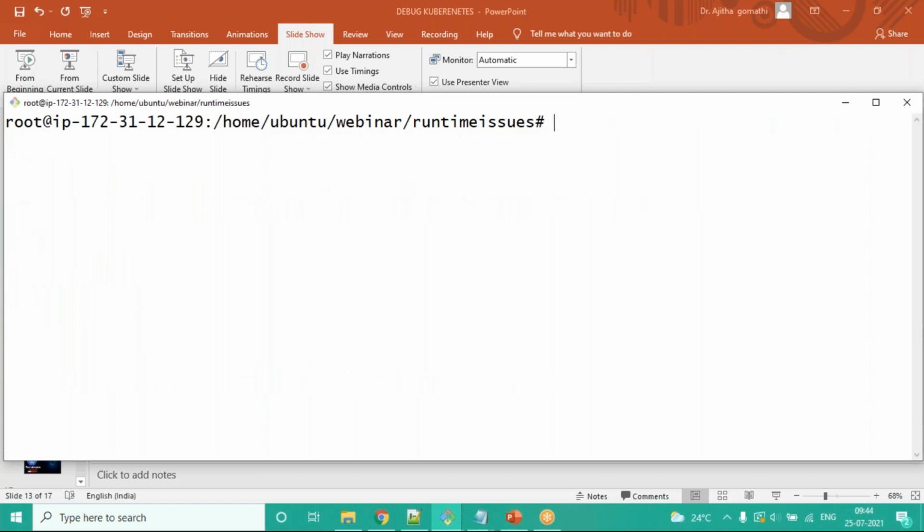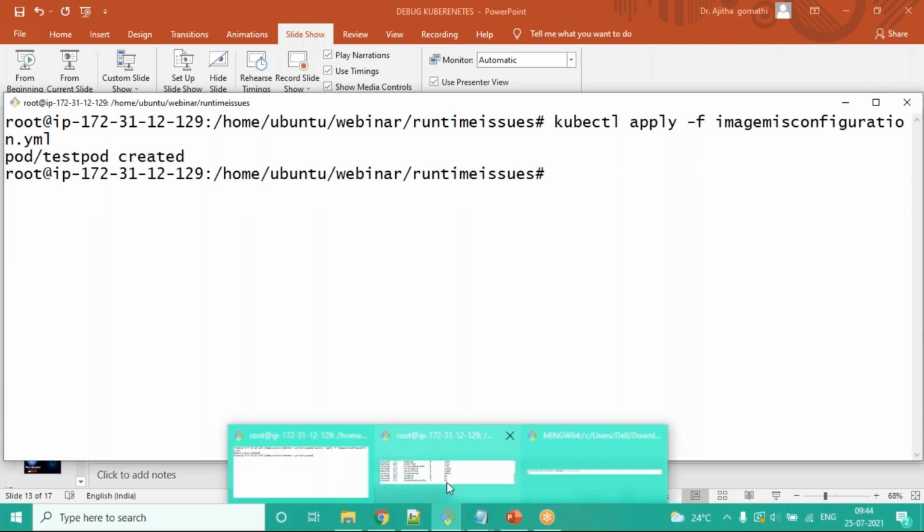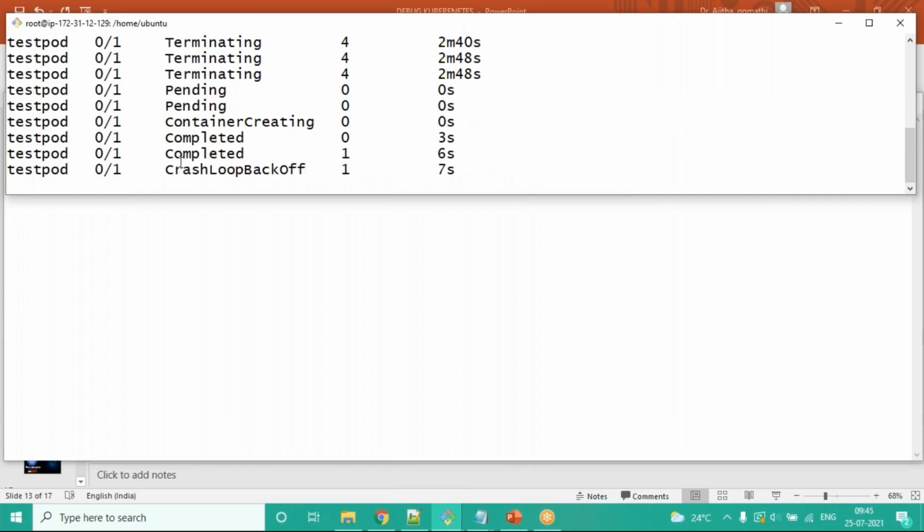So let's try to apply this. kubectl apply -f, and I'll just take this image as configuration. So quickly, let me go back to the other screen here. So you can see now what is happening. It says container creating stage, and then it says completed, but immediately it goes back into CrashLoopBackOff,